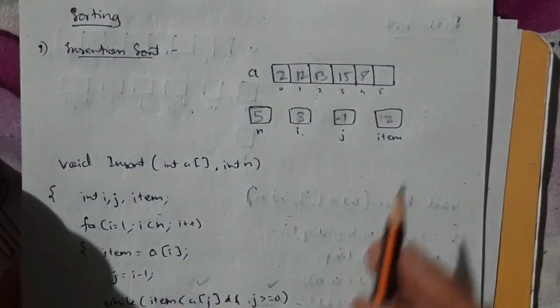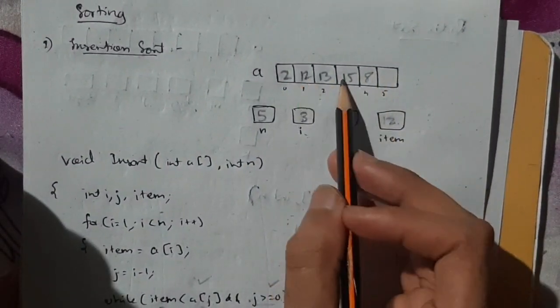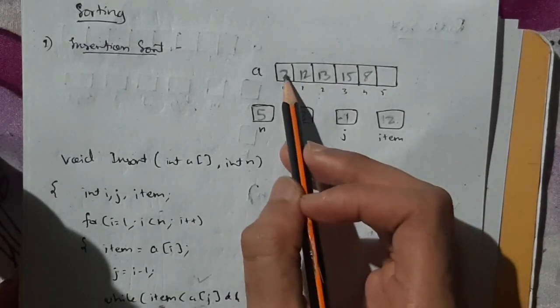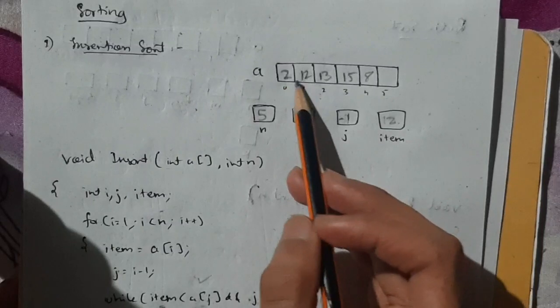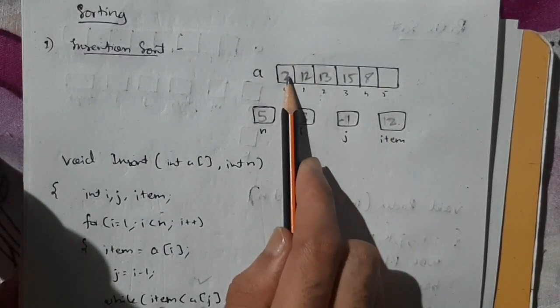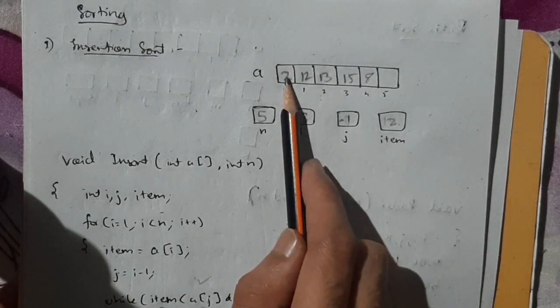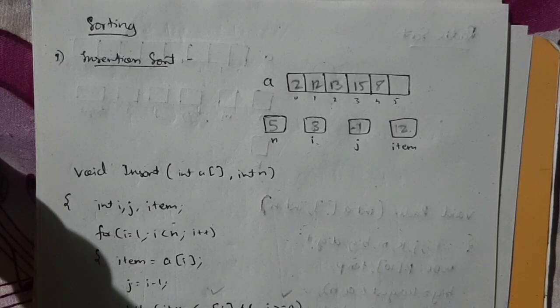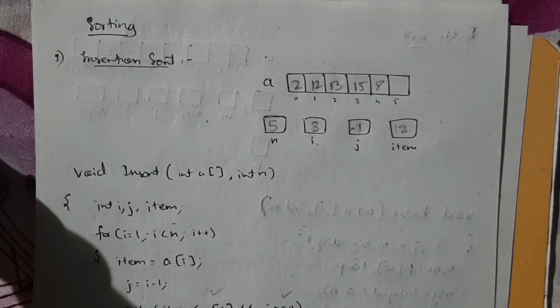See, what happened is, if the item which we are considering is less than the item which we are comparing, that item will be copied to the next place, and the item which we need to insert will come to the previous place. In the 4 iterations, I hope you got an idea of how this works. And if you also think about this in detail, you can also get how the code works. Okay, so that's insertion sort.